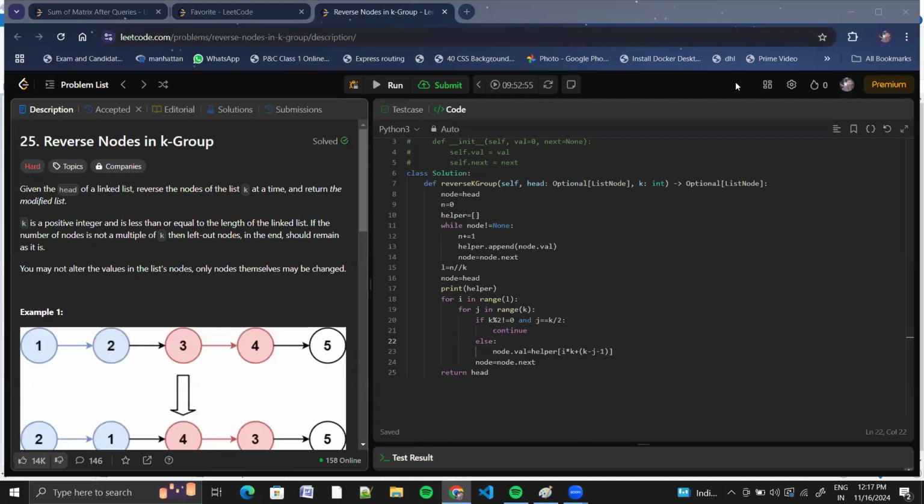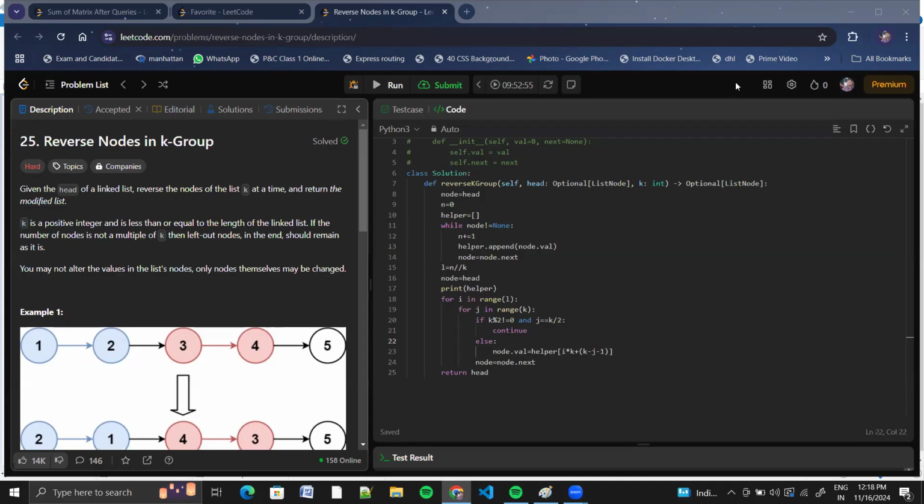Hello everyone, we are back with another Leetcode question that is a linked list based question. It is tagged to be hard on Leetcode, but logically I would say it's easy only. The logic is straightforward. We are given a linked list, 1, 2, 3, 4, 5, and we are given the